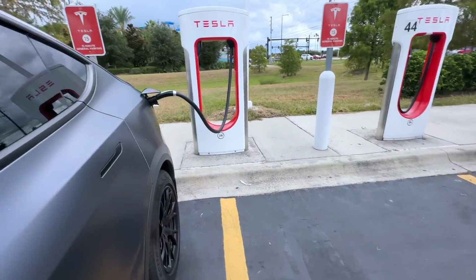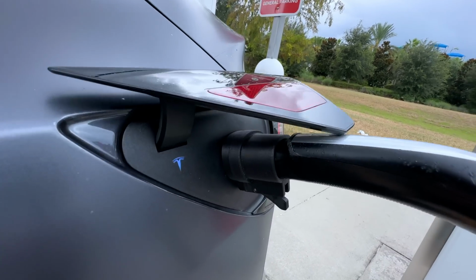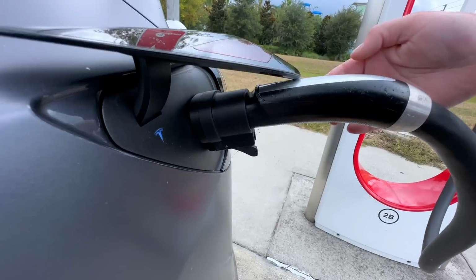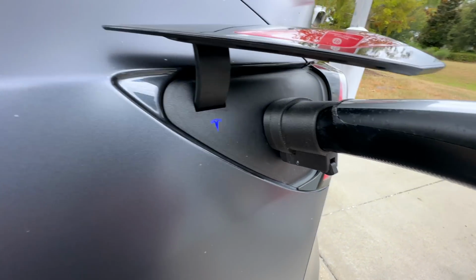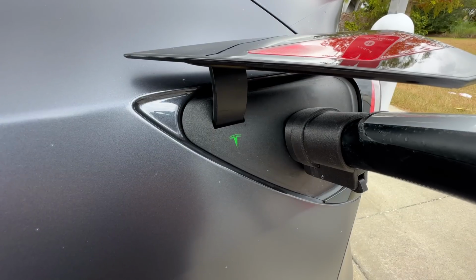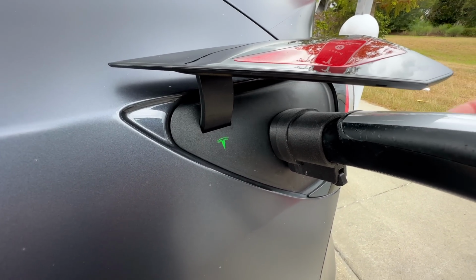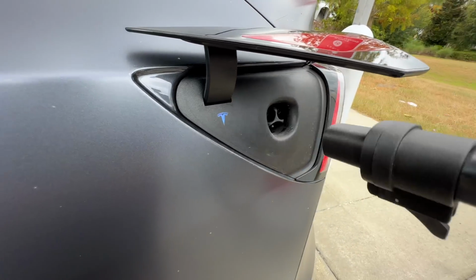Now, if we come out here, we can see the charge port door is kind of open and the tab here is pushed down. So if we push it back up, it's going to start recognizing that it's charging again. So there you go. It starts charging again, no issue. So what I'm gonna do now though, I'm gonna unplug this, the whole thing,